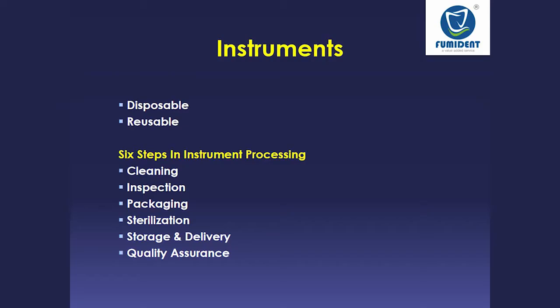So we have to process our instruments through 6 steps. The first one is, after collection of your instruments from the operatory, cleaning of the instruments. How to clean them we will see in the next steps. Then after cleaning, the most important step is inspecting those instruments for removal of all the debris or blood on the instrument, otherwise the sterilization procedure will not be adequate. Then the packaging of instruments, again an important step because this is the one step where the sterilization procedure can most often fail. Why or how we will see.